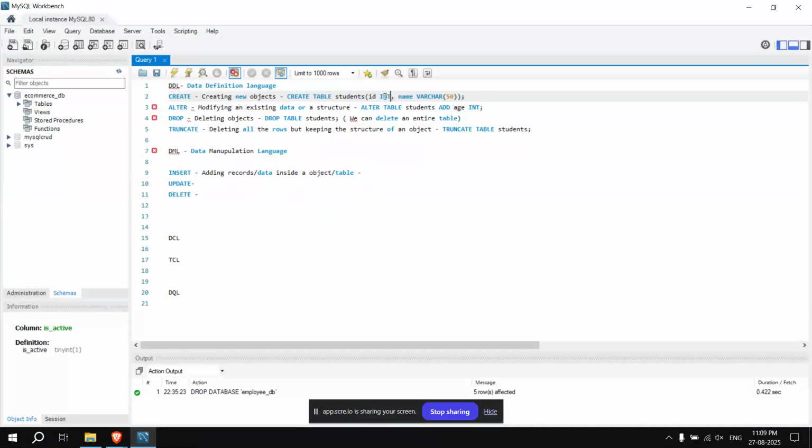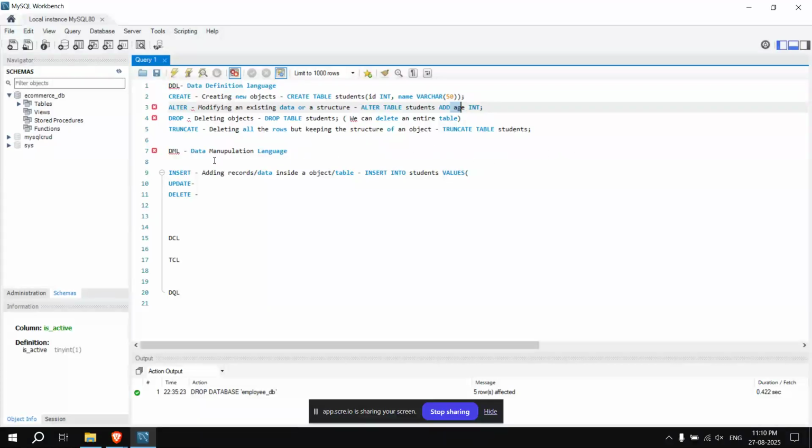A student table should have some ID, name, and age columns. Suppose we are adding values to the database, such as insert into students, and then the values. Always remember, the ID comes first, and then the name, and then the age.